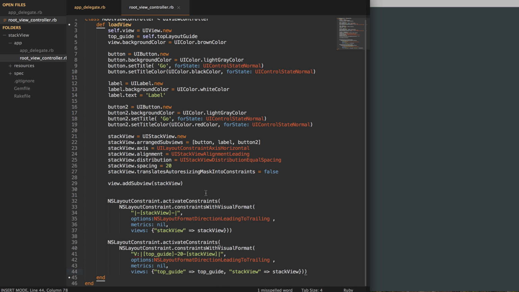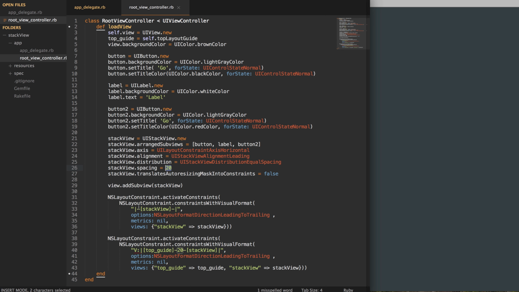And because we set the spacing up here to 20, we should actually see a margin or padding on both sides here that is about 20. And then below that, we have the vertical visual constraints. And this is where that top guide comes in. So we'll have the top guide, and then 20 down from that top guide,